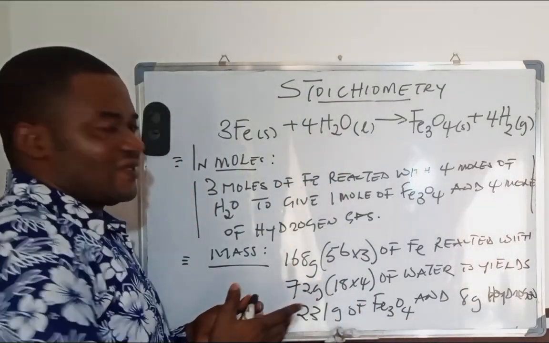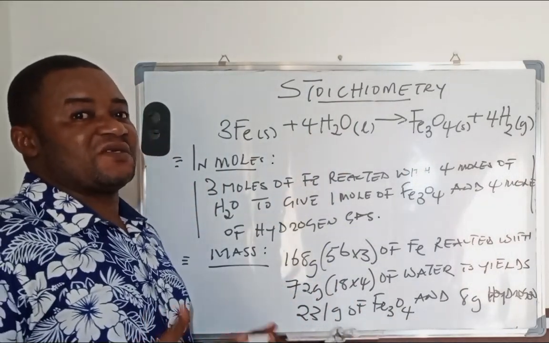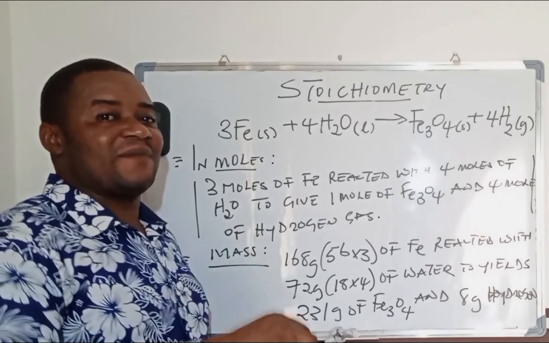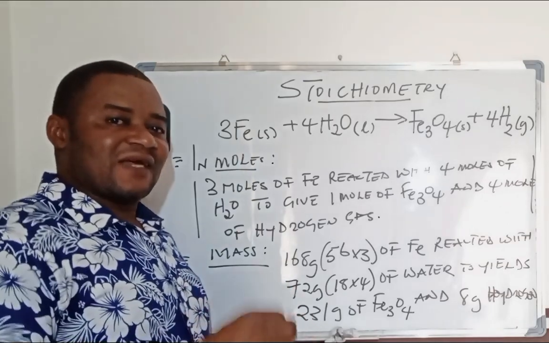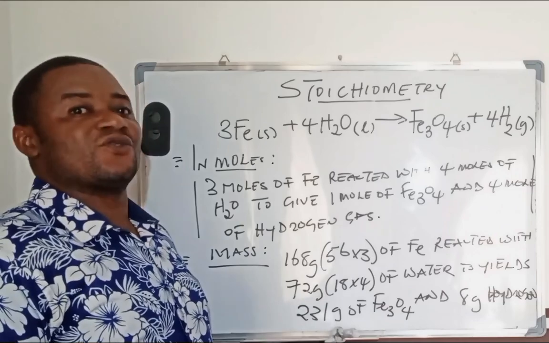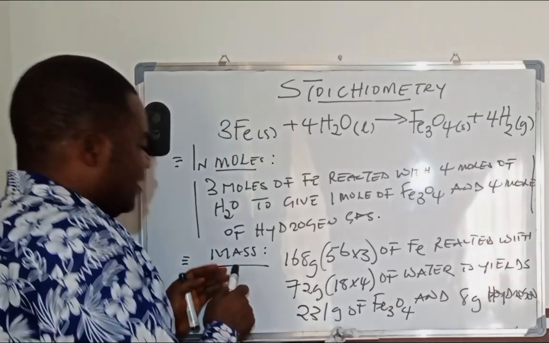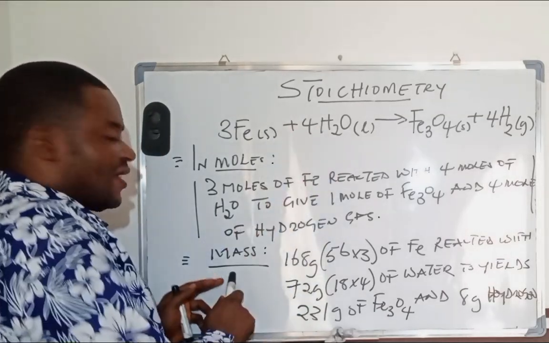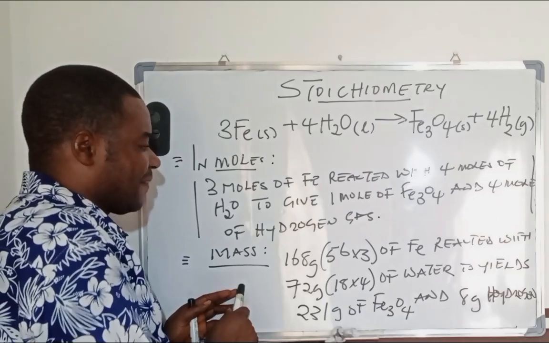Now this is what stoichiometry is all about. Stoichiometry is all about understanding the various amounts of the reactants that actually reacted to give you products. And what amounts in a product are we talking about? So if we take a look at the stoichiometry in terms of mass, what it means is that if I